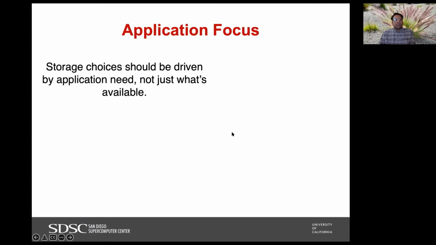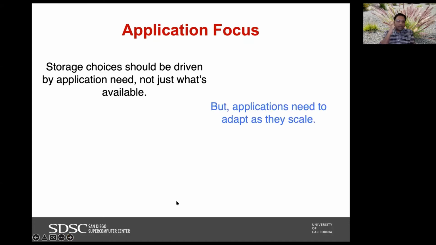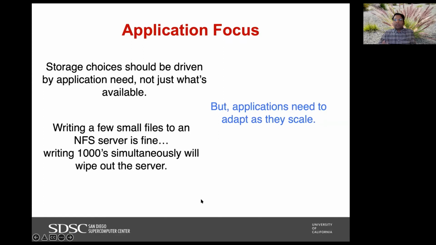So the storage choices should be driven by what an application needs. Don't just use what's available or blindly write to a shared location because it's there, because sometimes what you do might not be scalable. So the applications really need to adapt when you start scaling up. And by scaling up, I don't mean a particular application running at large scale in a single instance. It could be you're running thousands of these applications at a given time